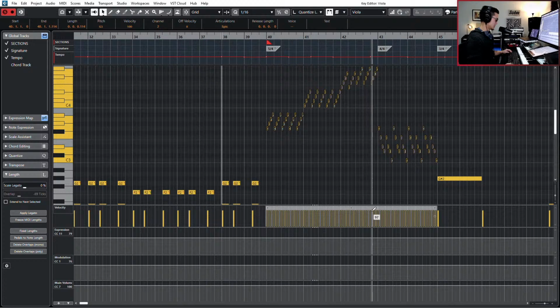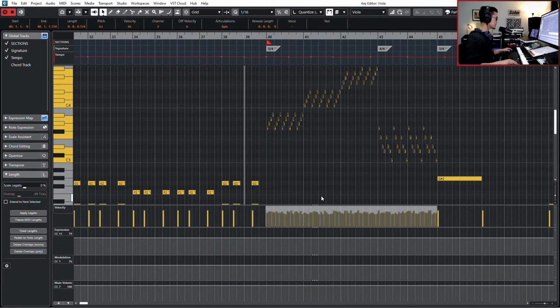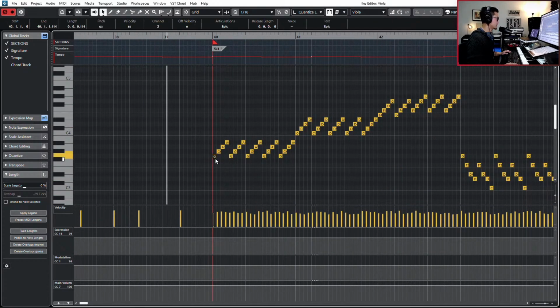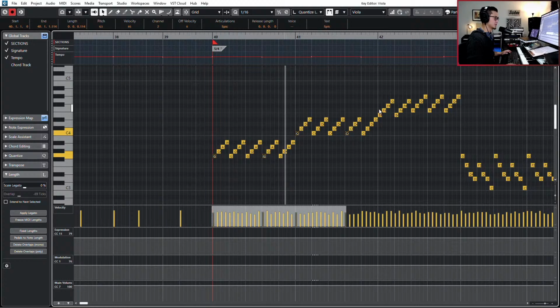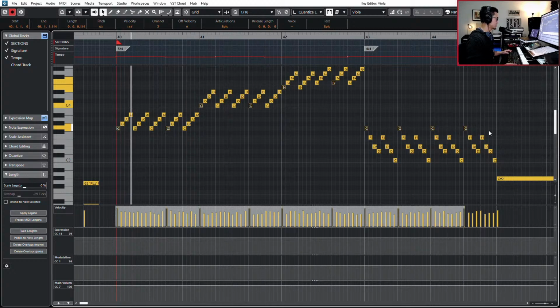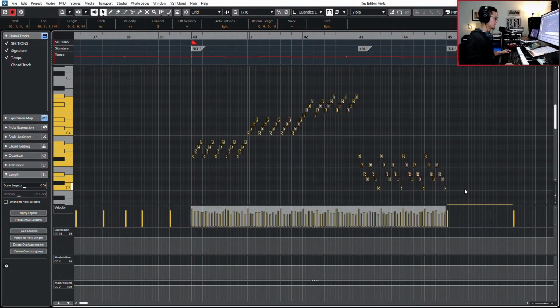Okay. Let's randomize the velocities a bit. However, with the randomizing, let's see. Okay, maybe let's kind of highlight the downbeats of 1 and 4. And maybe this too. I'm just gonna bring those up a little bit. Okay. So, and then,